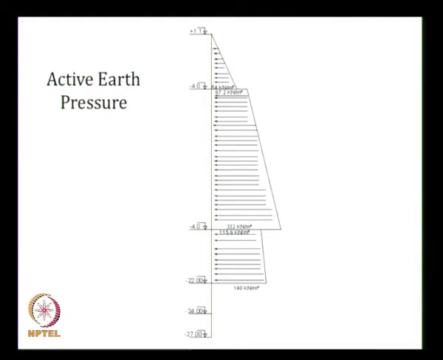Ka gamma h, if you calculate, Ka is 1, gamma h is the overburden pressure above this. For the overburden pressure you have to multiply gamma into this height, gamma into this height, gamma into this height. Gamma varies, gamma is not constant. Minus 2c, where c is 700 kilonewton per meter square, will be very high compared to the summation of all the overburden pressures. So in that case it will become negative, do not put negative pressure. It means if you cut vertically it will stand, whatever be the overburden pressure.